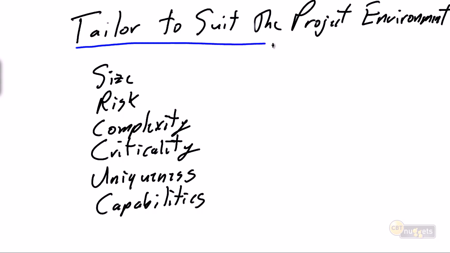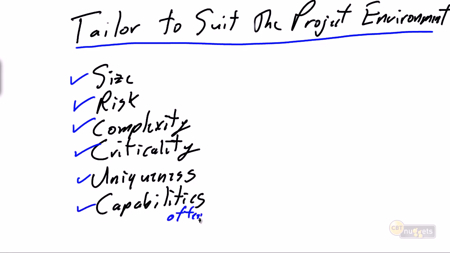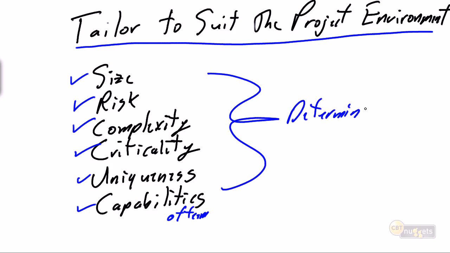And our final principle is tailor Prince2 to suit the project environment. The size of the project, the risk factor of the project, the complexity of the project, the criticality of the project. Does this project absolutely have to be a success or our business is going to go bankrupt? The uniqueness of the project, the capabilities of the team need to be taken into consideration when you determine the depth of Prince2